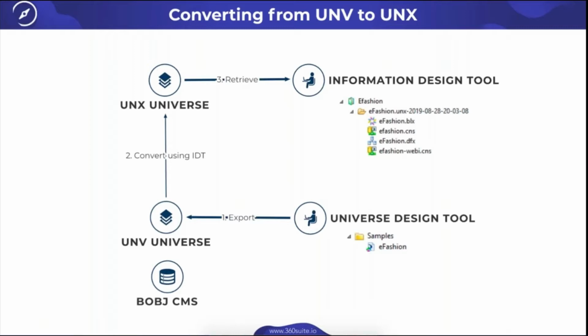Obviously, if you want to verify that things are done properly, you will need to do some regression testing to ensure that the universe prompt filters are working properly. So this is typically done by generating some sample reports, and checking that those reports that are built on top of those newly converted universes are yielding the correct data. So now onto